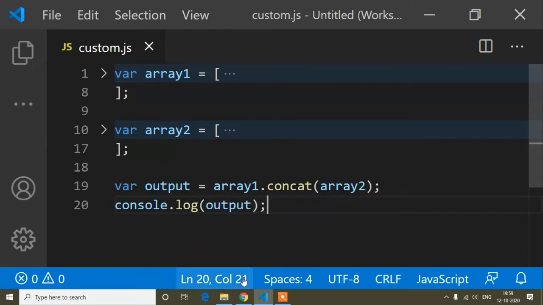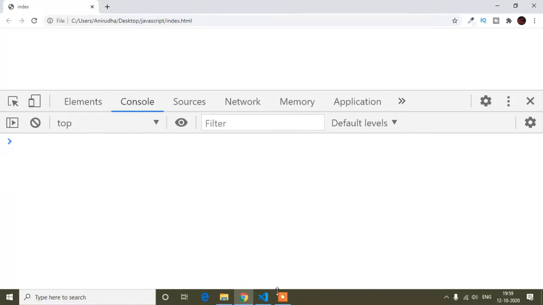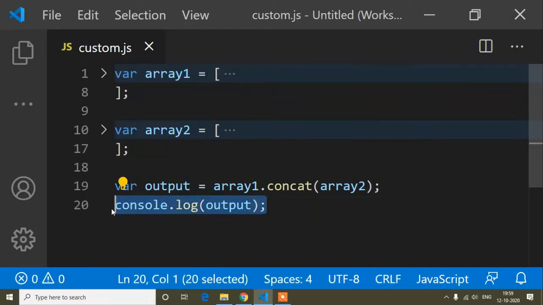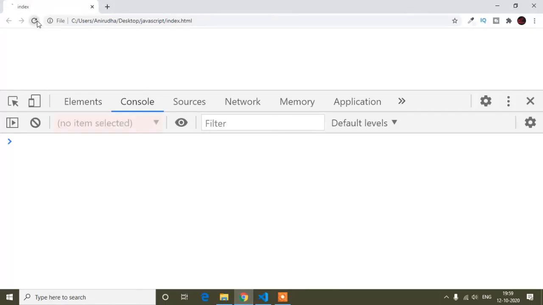That's why we are not getting the value in console, because I did not print it in console. So now I add this output variable in console.log, and inside this output variable I stored array1, which is concatenating array2. So now refresh it.